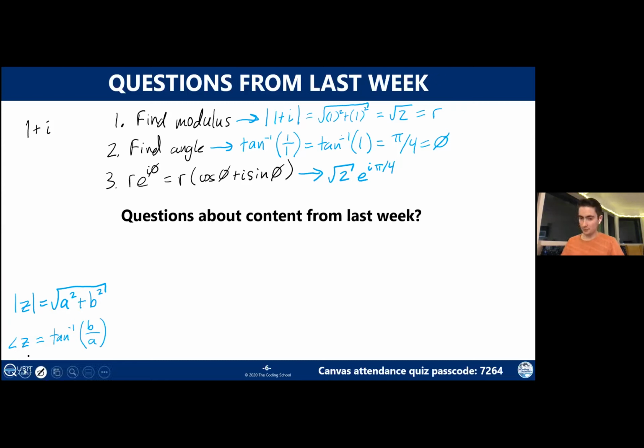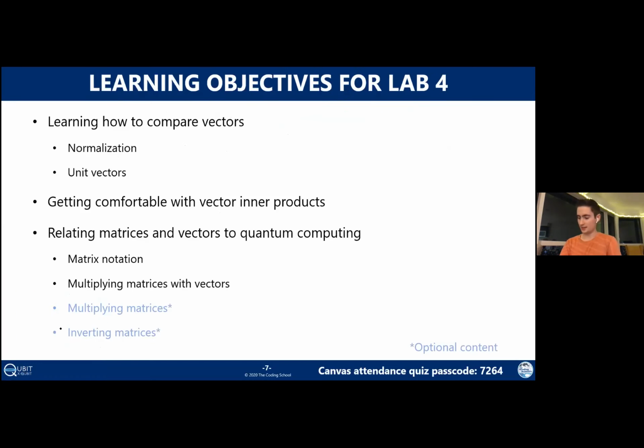Okay, so let's move on to this week's content. So as I alluded to before, we're going to be talking more about vectors and introducing matrices this time. So first of all, we're going to talk about some new operations with vectors. So we're going to talk about something called normalization and the very related concept of unit vectors. And if you're thinking, where have I heard the term unit before? It should remind you of something called the unit circle. And it turns out that these are very related concepts. Then we're going to do vector inner products, which is pretty much just a mathematical tool at this point. And then finally, we will do matrices, which is kind of the biggest topic for this week.